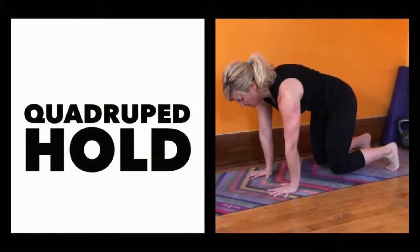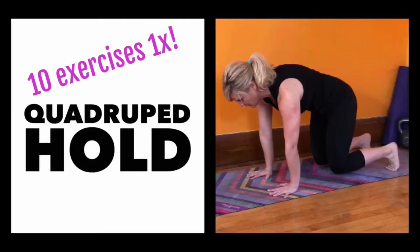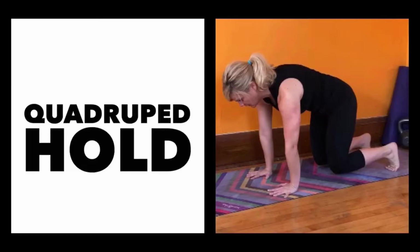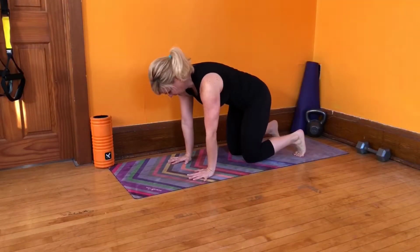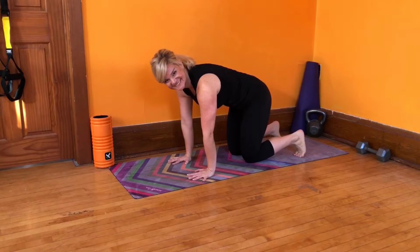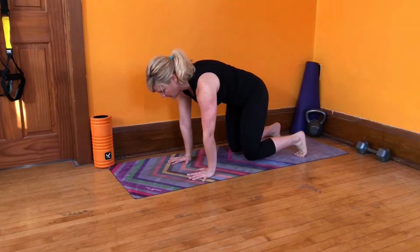All right, let's get into our workout. We're going to do 10 exercises two times, okay? So meet me on the floor for a quadruped hold. Place your hands underneath your shoulders. Knees are about hip width and right underneath your hips. Toes are curled under. Then all you're doing, timer starts now, is lifting your knees up off the ground